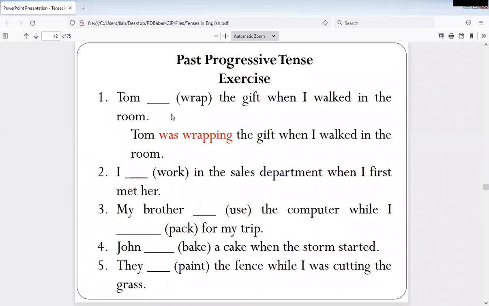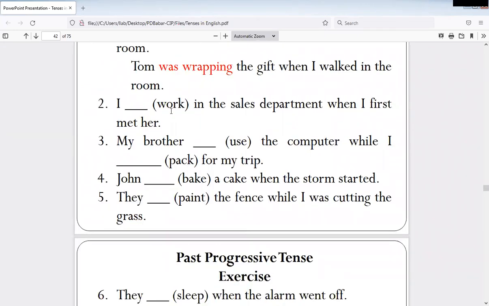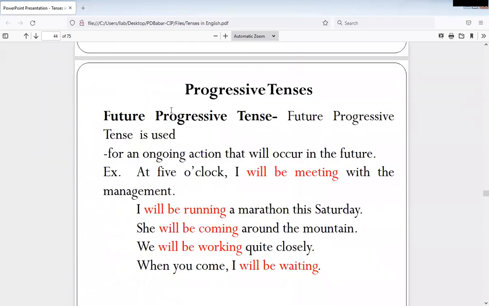Also, we have studied the different exercises on the tenses. And we also discussed the future progressive tense in the last lecture. In the last lecture, we saw what the future progressive tense is and when it is used. The future progressive tense is used for an ongoing action that will occur in the future. Whatever action will be going on in the future is called the action of